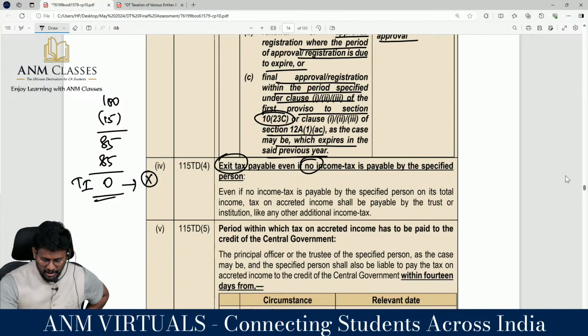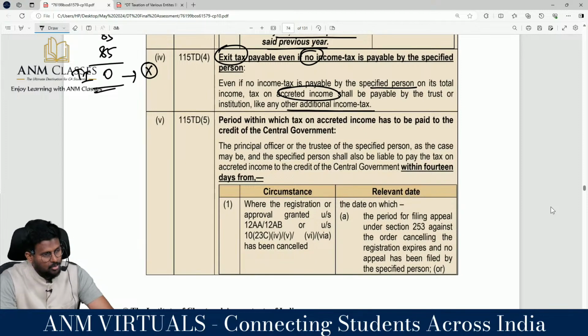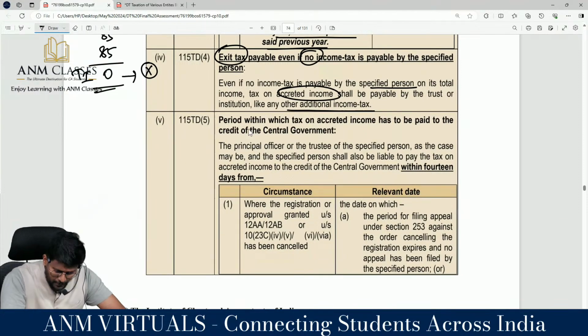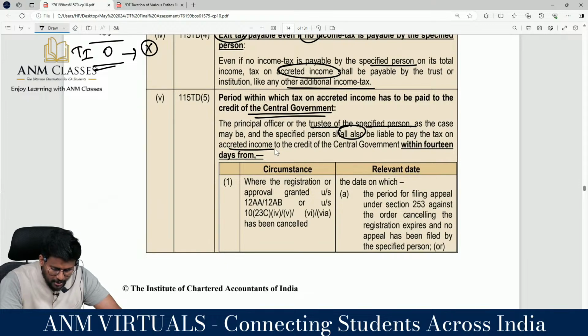Definitely. Even if no income tax is payable by the specified person on its total income, tax on accreted income shall be payable by the trust or institution like any other tax, additional income tax. Period within which the tax on accreted income has to be paid to the credit of the government: the principal officer of the trustee or the specified person, as the case may be, shall also be liable to pay tax on any income to the credit of the government within